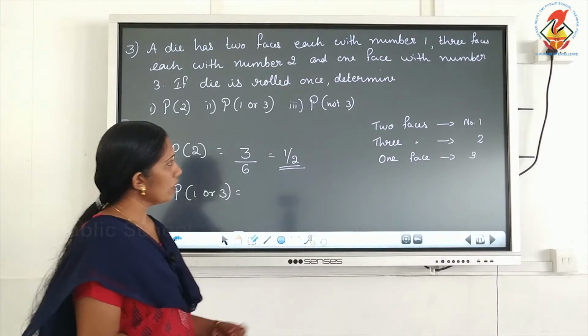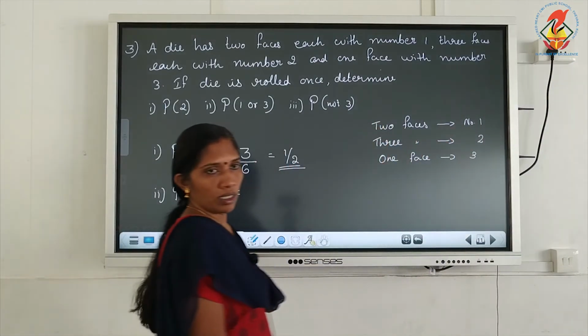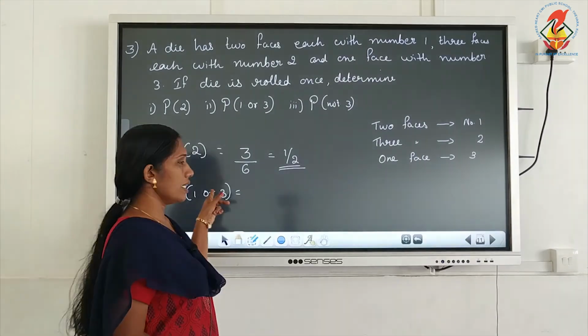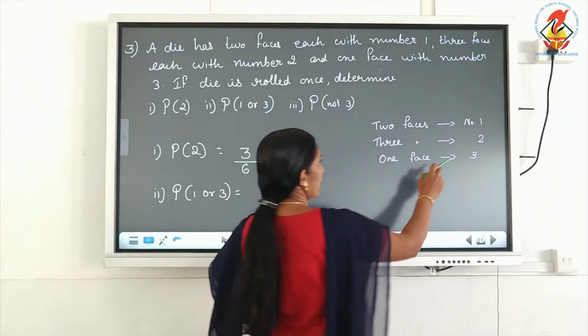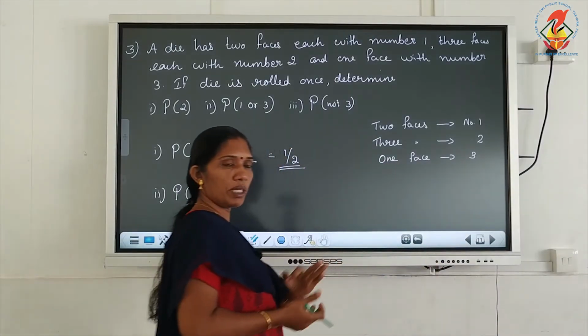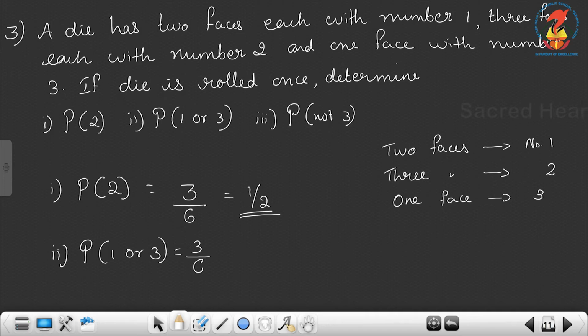So it is 1 or 3. The number 1 appears on how many faces? 2 faces. So we can get 2 favorable cases for getting 1 and 3 on 1 face. So total how many cases? Favorable cases 3 out of 6,